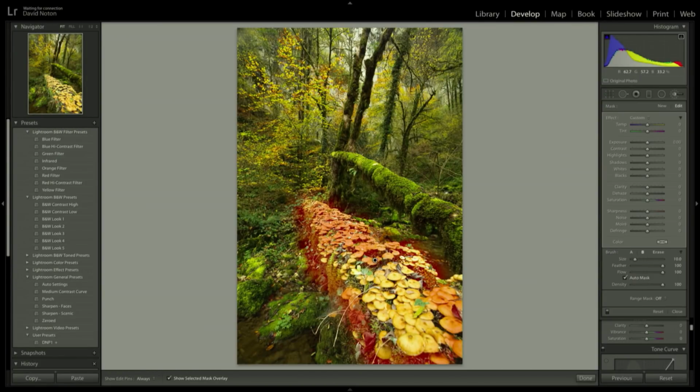Let's go for a bigger brush size there. This is such a useful tool here. Just select that area. As yet, I've done nothing to it. All I'm doing is making the selection. Okay, that's now selected. If I now click off the mask overlay, I'm going to come up here,